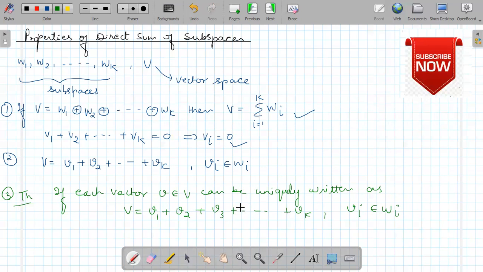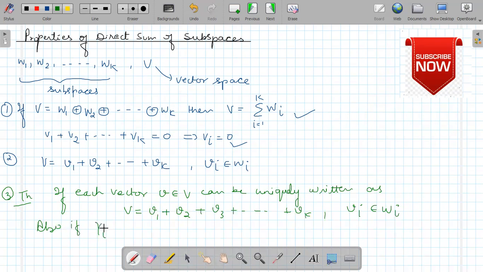Okay, if each vector has a unique representation of this type, then also, if